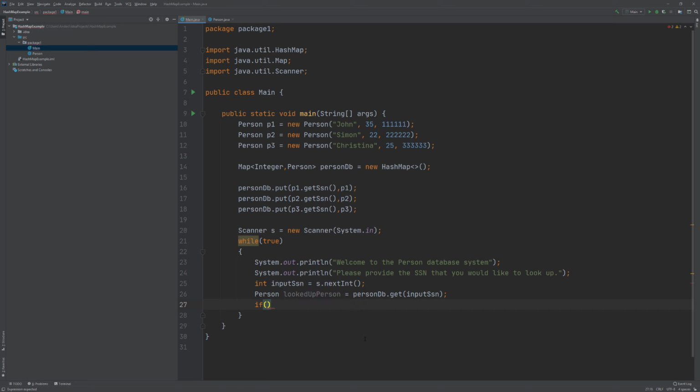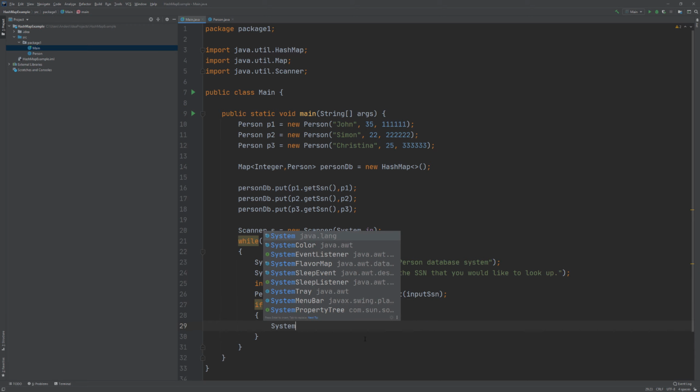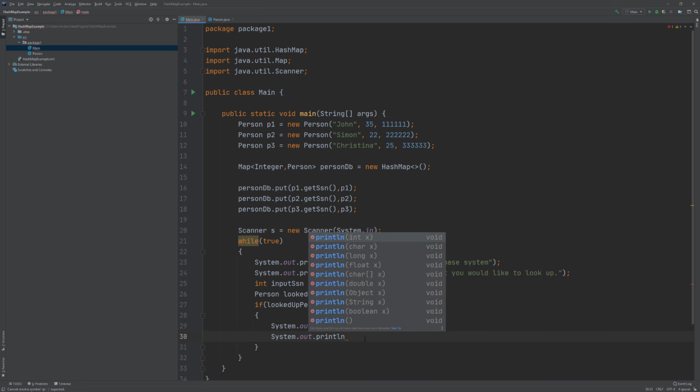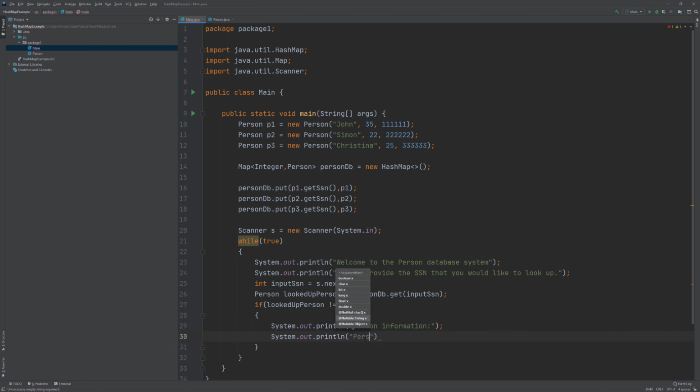So we're going to say if looked up person not equals null, this means that we don't have a null pointer reference, system out println person information, and then we're going to write system out println, and we're going to put here person name, and then add the